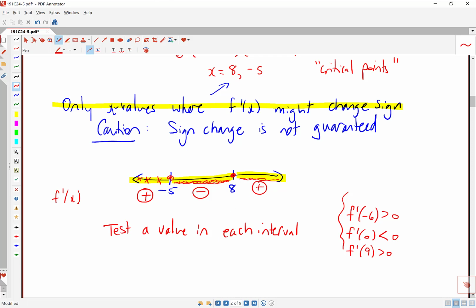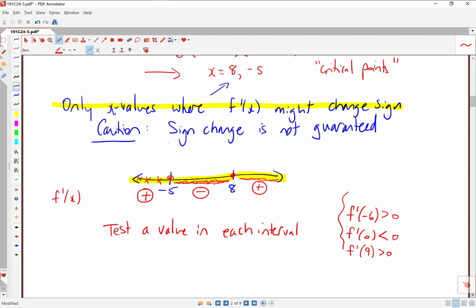So again, just testing a single value in each interval tells you what's going on in the entire interval. And it's not possible for f prime of x to change sign anywhere in that interval because these critical points that we've got up at the top of the screen are the only places where f prime of x might